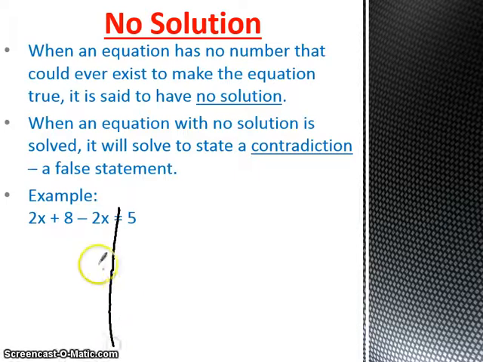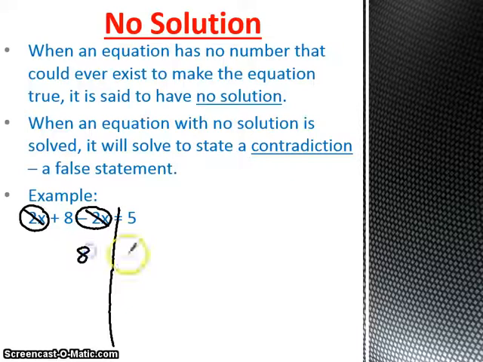If we draw our line down the middle, we can see that it has like terms on this side. 2x minus 2x makes 0. So we're left with positive 8 on this side and 5 on this side. If you read what's left, it says 8 equals 5. Is 8 equal to 5? No. So this is a false statement,